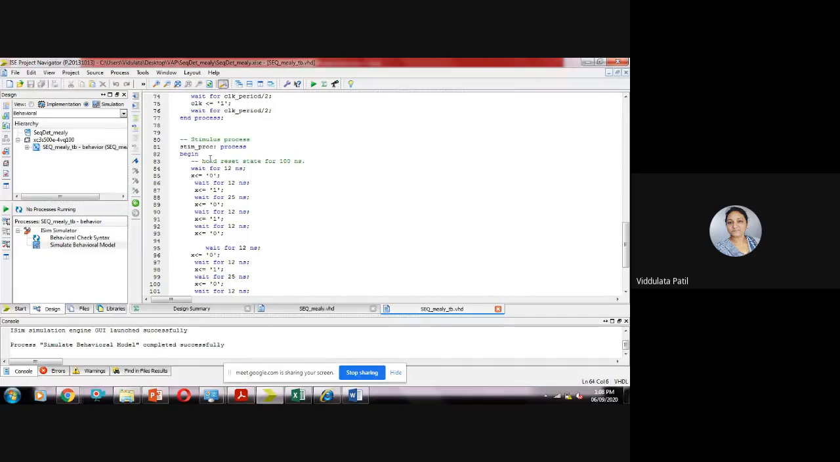Now actually the clock period is equal to 10 nanoseconds, and clock will be equal to 0 for 5 nanoseconds, and clock will be equal to 1 for 5 nanoseconds. But x will be equal to 0 for 12 nanoseconds. After that again I have kept actually here 0 value. Actually I should have changed it to 1, but let us